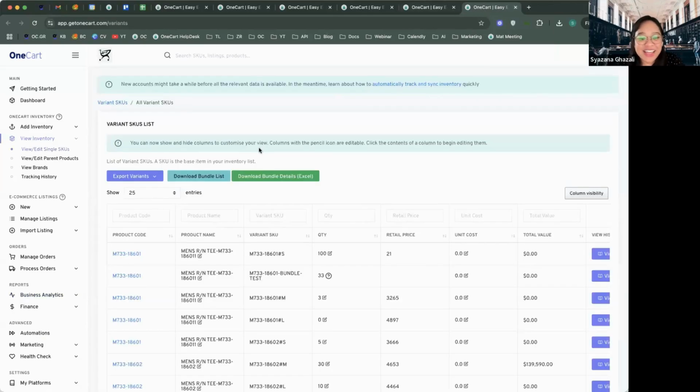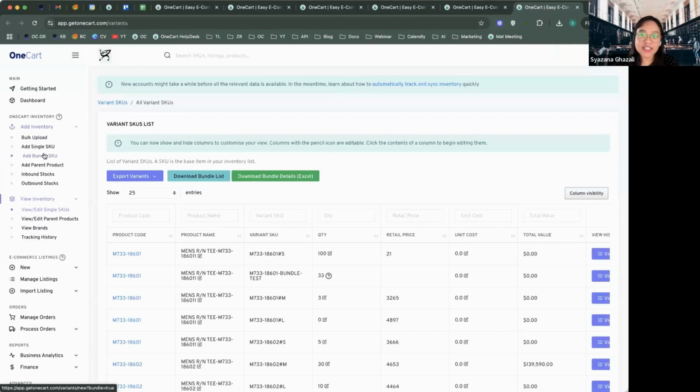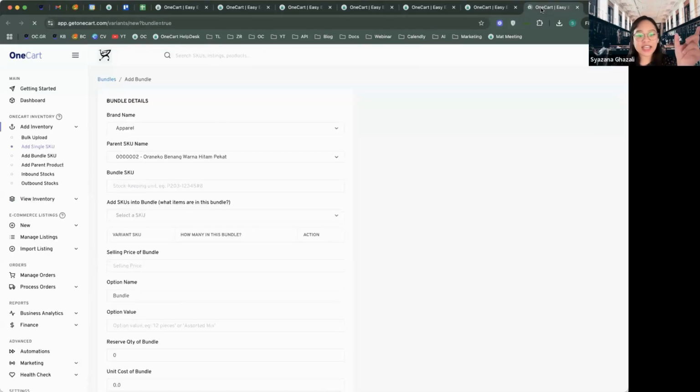Okay, never mind. So if you see here right now, after you've already identified all these SKUs, what is the next thing that you want to do? Like I was saying, you can bundle them. When I say bundle, OneCart has this function called add bundle SKU. This is a SKU that you can create in OneCart to share across all your platforms. So for example, you know your item,